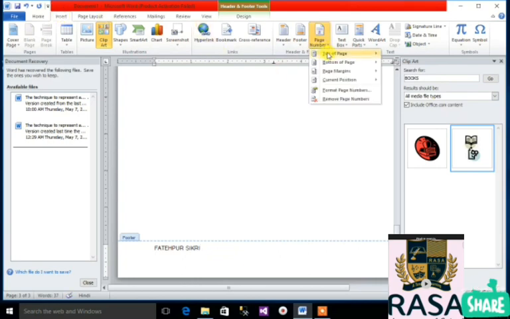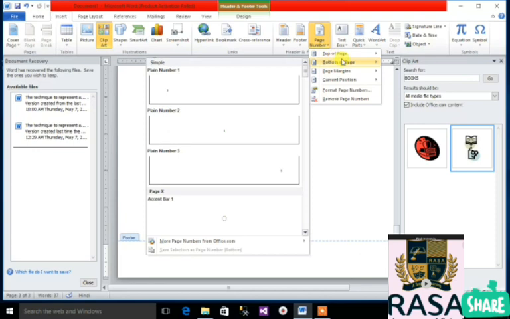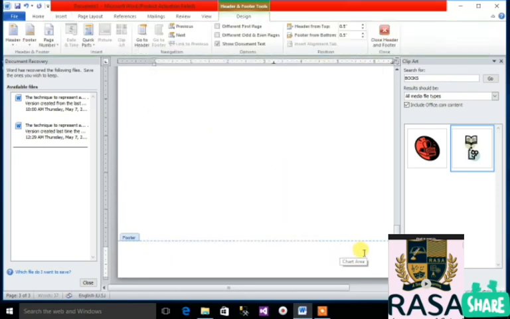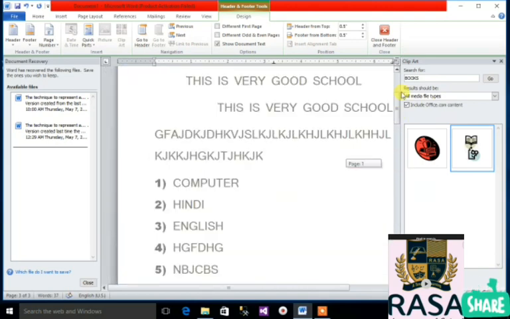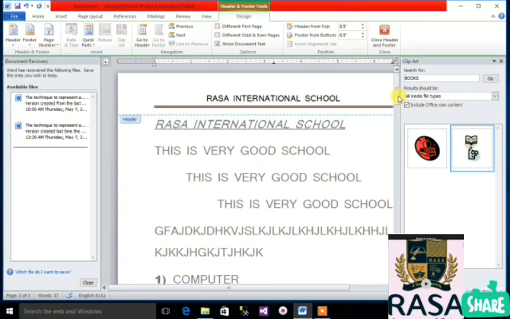Okay, next you can add a page number, at the top of the page or bottom of the page, wherever you want. So like this, I want like this, so I've chosen. You can see here your page number is coming.